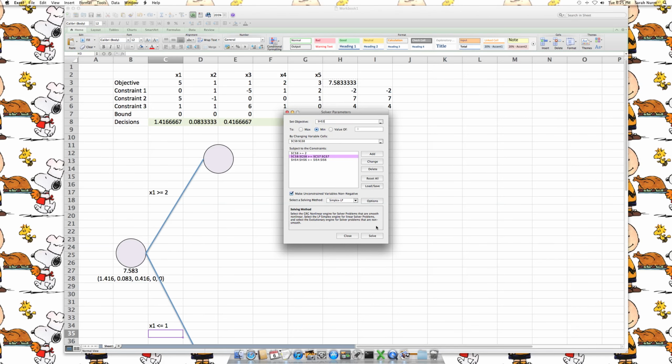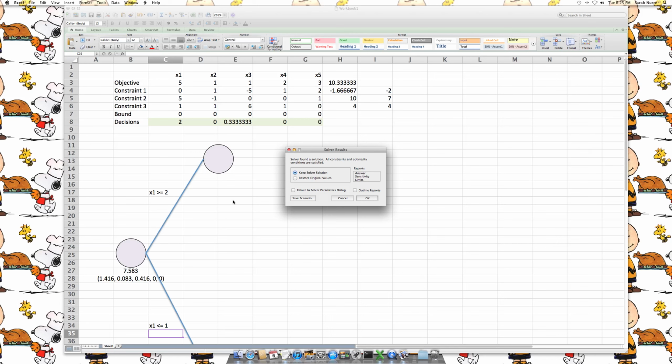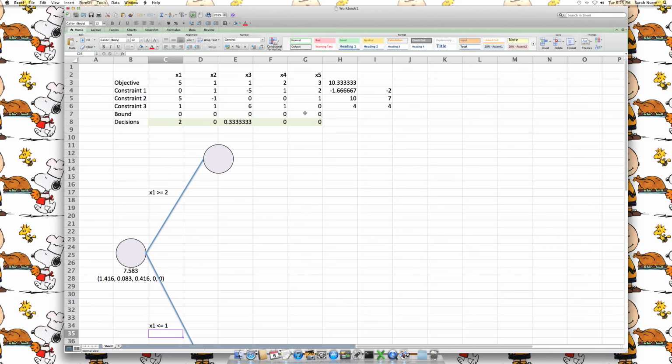And then I'm still going to solve using simplex and see what I get. So here I see that I get an objective function value of 10.33 repeating,